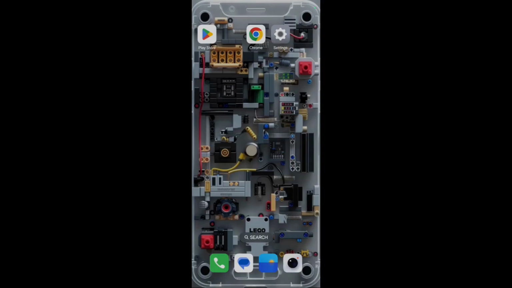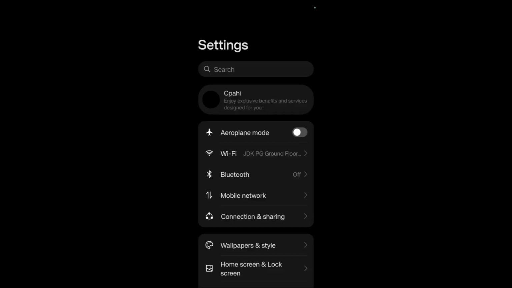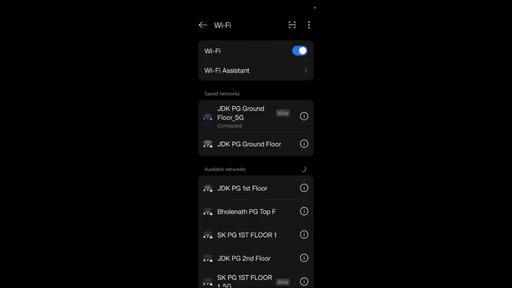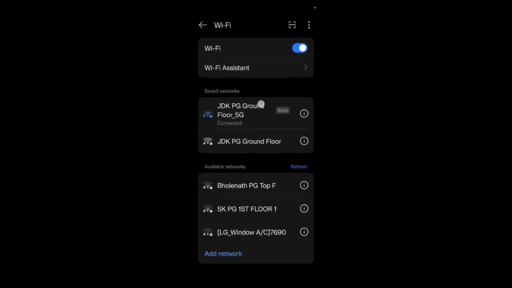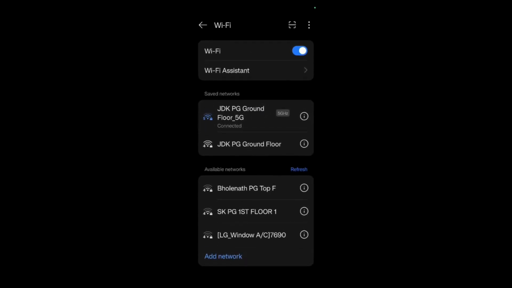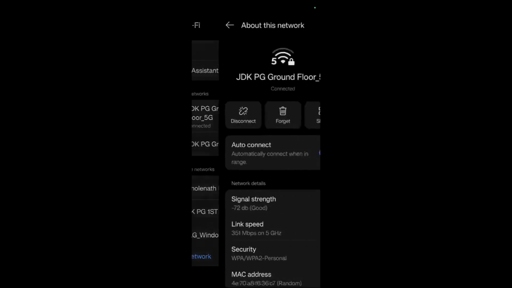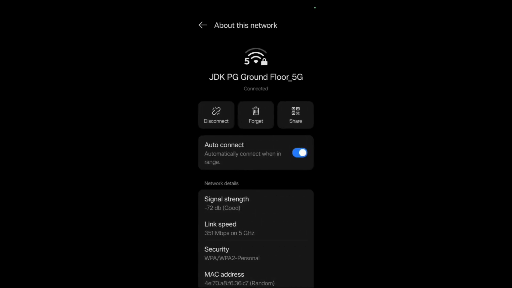So in order to find this out, what you will need to do is simply launch the settings of your mobile device by tapping onto the settings icon, and then under there you will need to go to the second option, that is the Wi-Fi. So simply go there and make sure you are connected to that particular Wi-Fi of which you want to find the password of. Now you need to click onto this I button and it will show you more of the